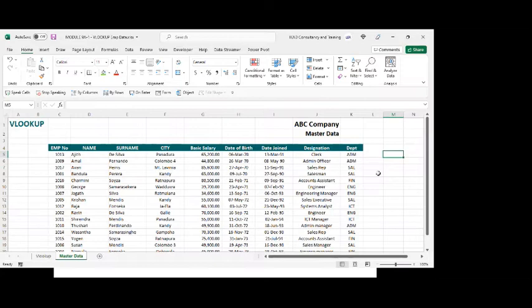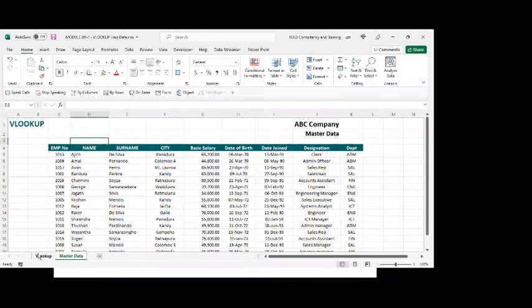Now we are worried about the column index numbers. What is the column index number for department? Let's see. So this is considered as 1 always. Then this is 2, 3, 4, 5, 6, 7, 8, 9. So what I want is department, salary and designation. So let's remember the numbers 9, 5 and 8. 9, 5 and 8 are the numbers that I need. Right. So that is one mistake people do. They select the data from another field. No, you have to start selecting from the lookup field. And if you try to get the fields on this side, you can't get them because this is numbered as 1, 2 this way. There are no minuses in this.